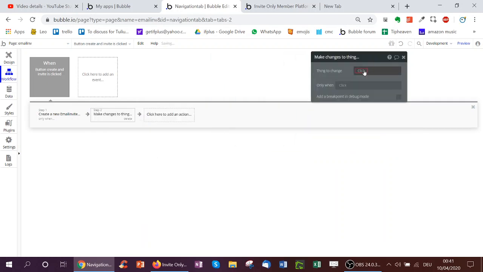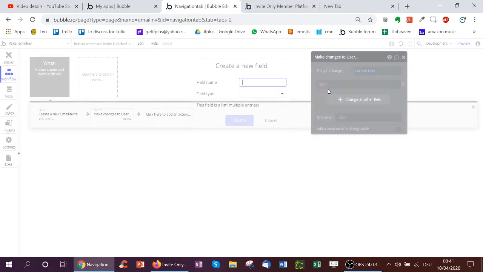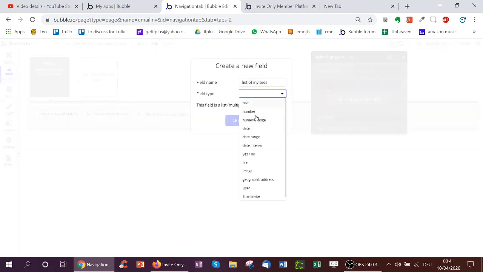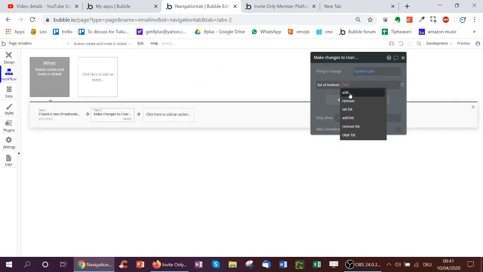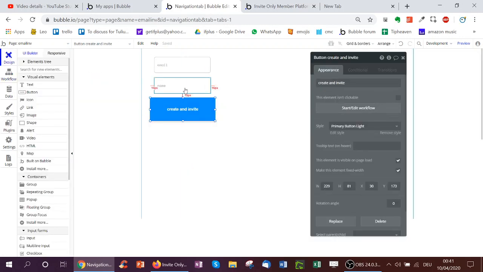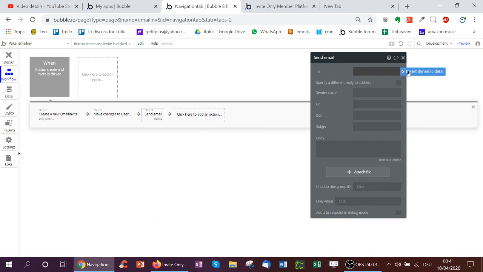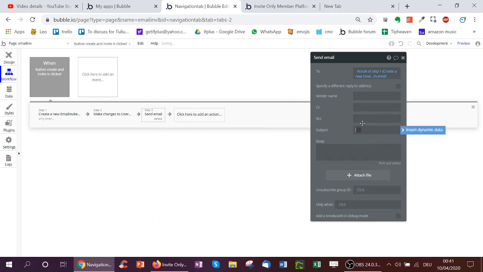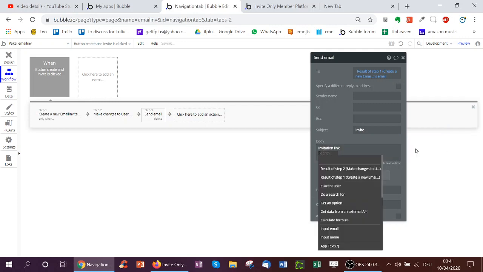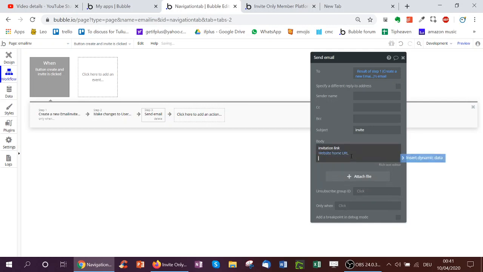Then what you can do is you can make changes to the current user and to the list of invitees. So this is a new field, type email invite, a list of them is amended to add the new one. So this workflow you can use for the admin, but in principle you could also use it for any user to be able to create email invitees. Okay, then you of course also want to send an email to the person's email invite invitation link, and what you could do here if you wanted to is you could even